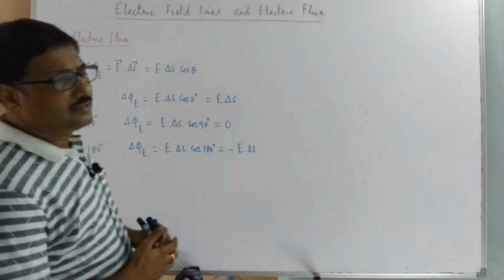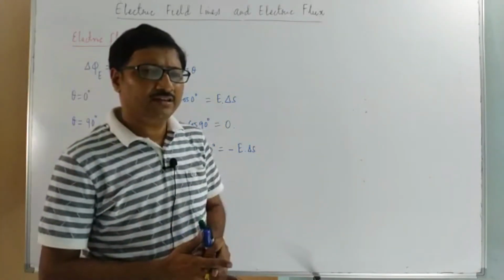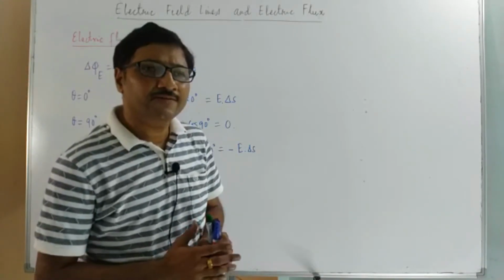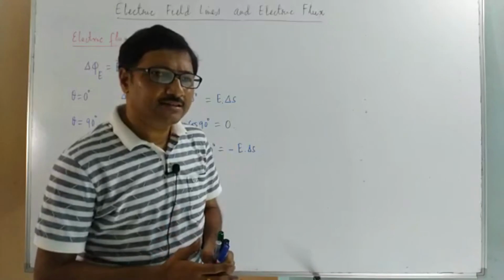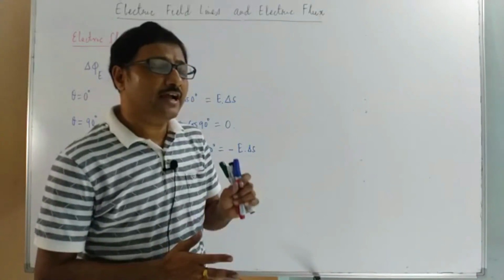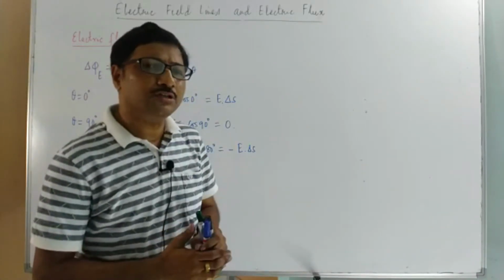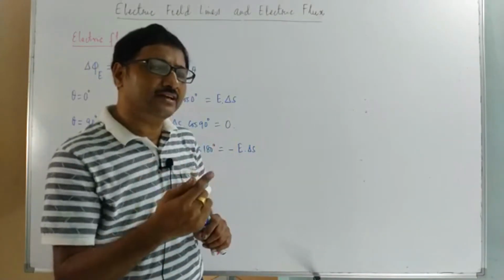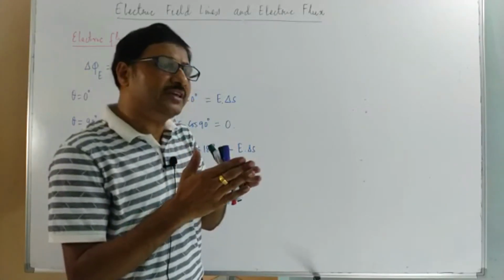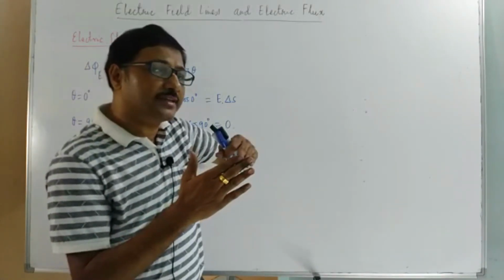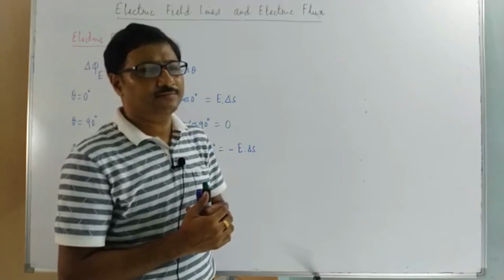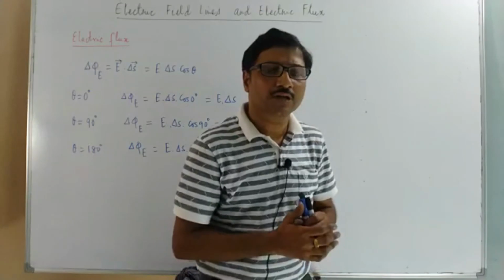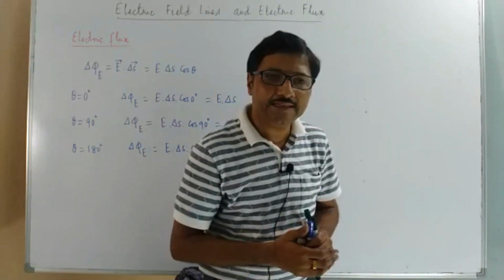Finally, the electric field strength at any point is proportional to the electric flux density. That means the electric field strength at any point is proportional to the number of electric lines of force passing through unit area. This unit area will be normal to the direction of the electric field. So I believe that you have understood the concept of electric field line and